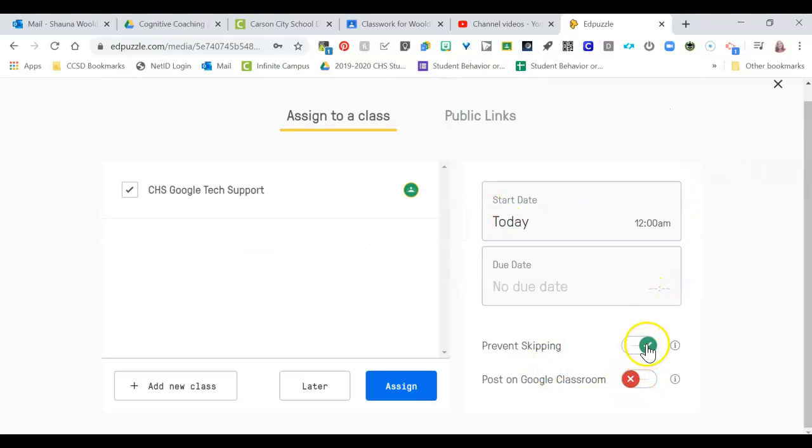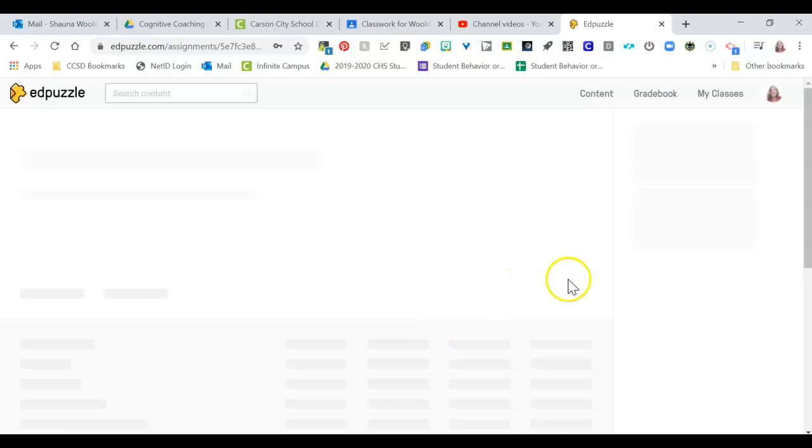And then here's some cool parts. I want it to post to Google Classroom, but I do not want to allow skipping. What preventing skipping does is it makes it so that students can't skip forward. So they have to watch the whole video in order to get credit for it. And so I can post to Google Classroom, and what that will look like